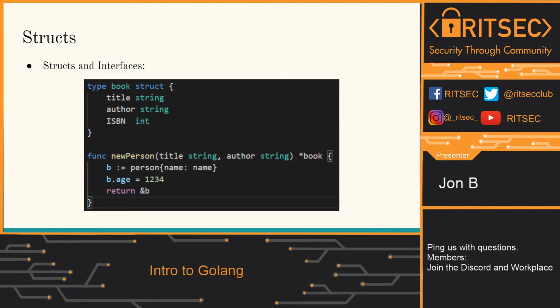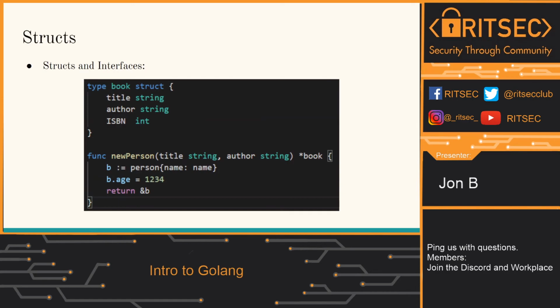And then the function following that is what we call an interface. If you're unfamiliar with those, you can call a function off the structure. Oh, I'm sorry, I didn't change it to book. It still says new person. It should say new book. So if I were to do book.newBook, it would generate a new book taking the title and the author as strings, and it returns a pointer to the book structure.